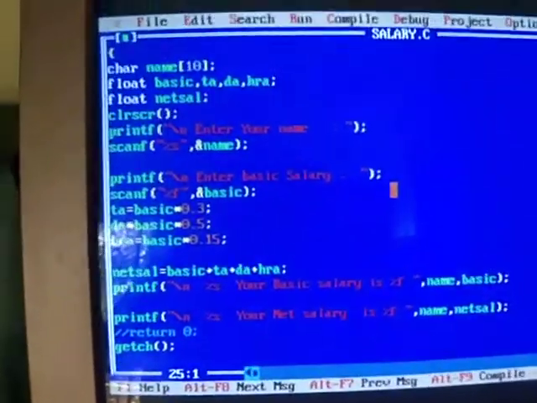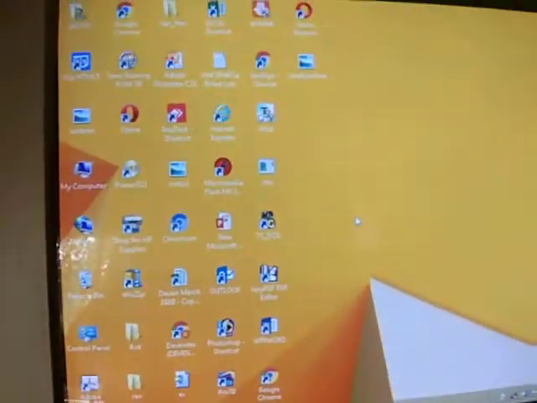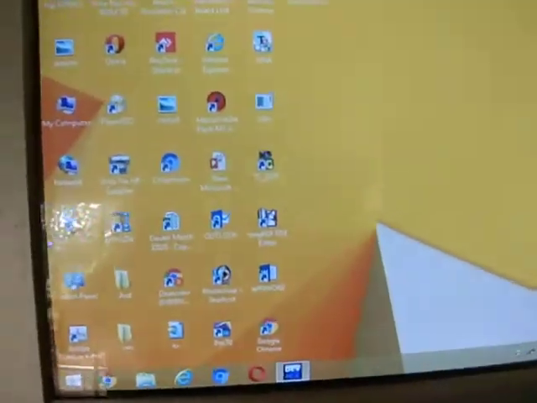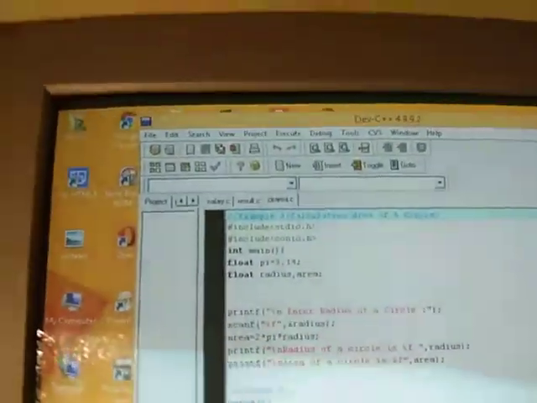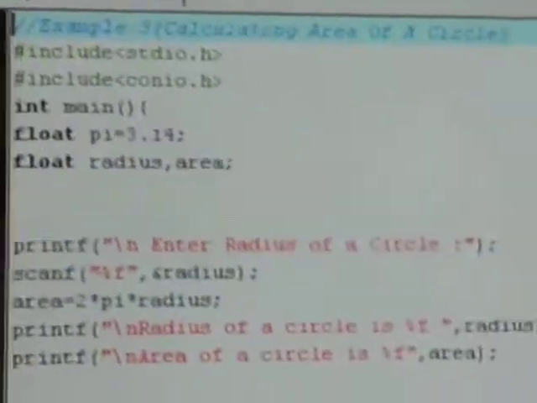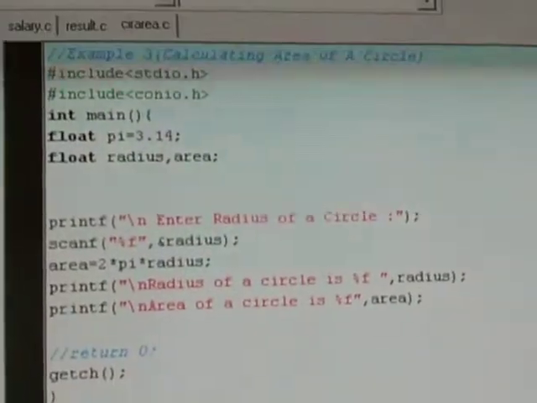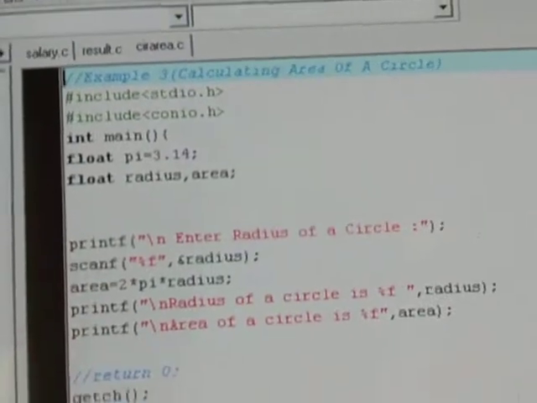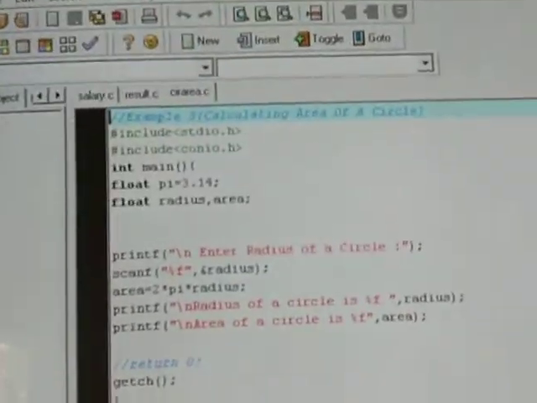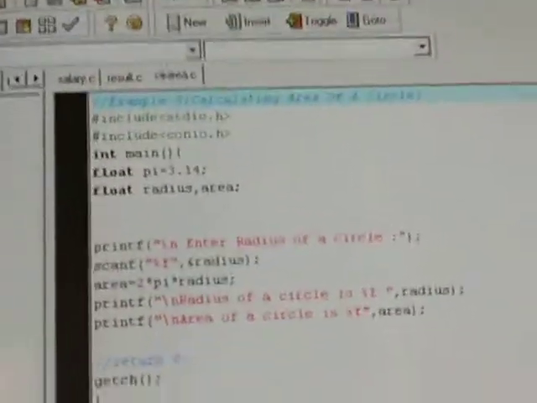The same programs we will now execute on Dev C++. For the first program, printing the circle area, the variables and statements are the same.